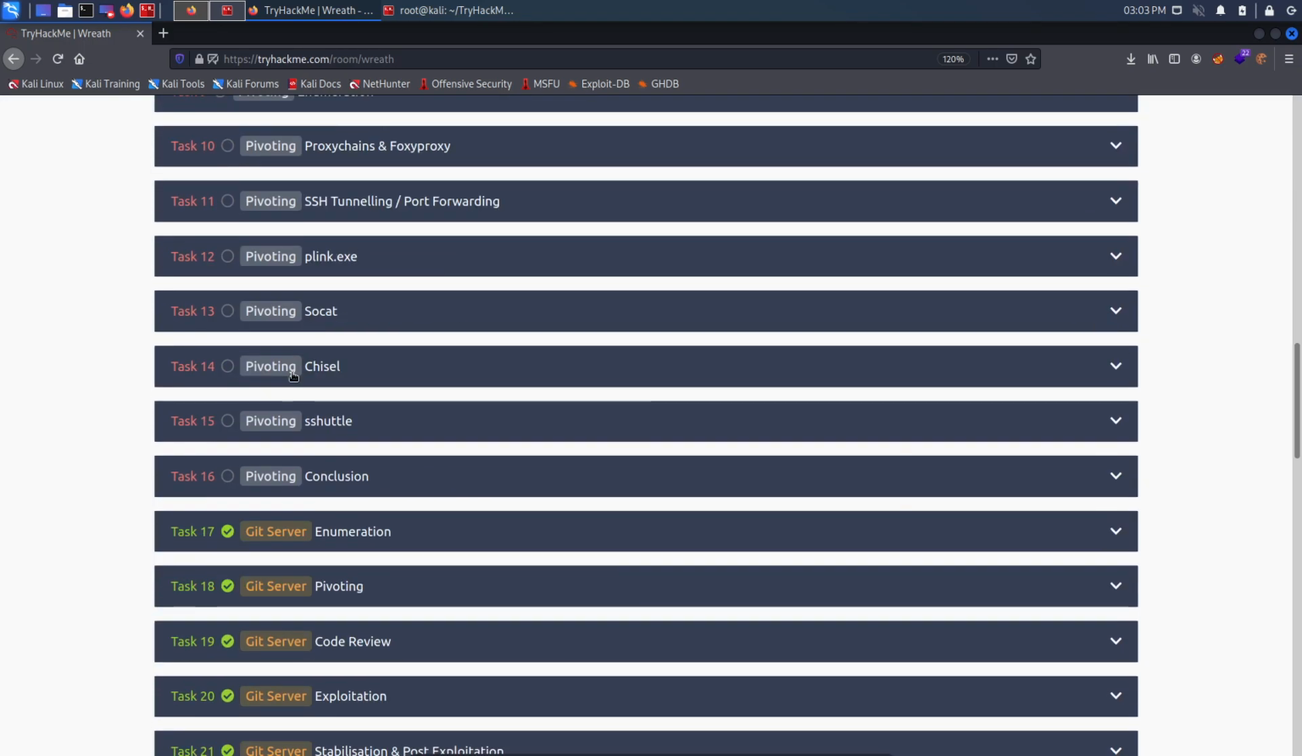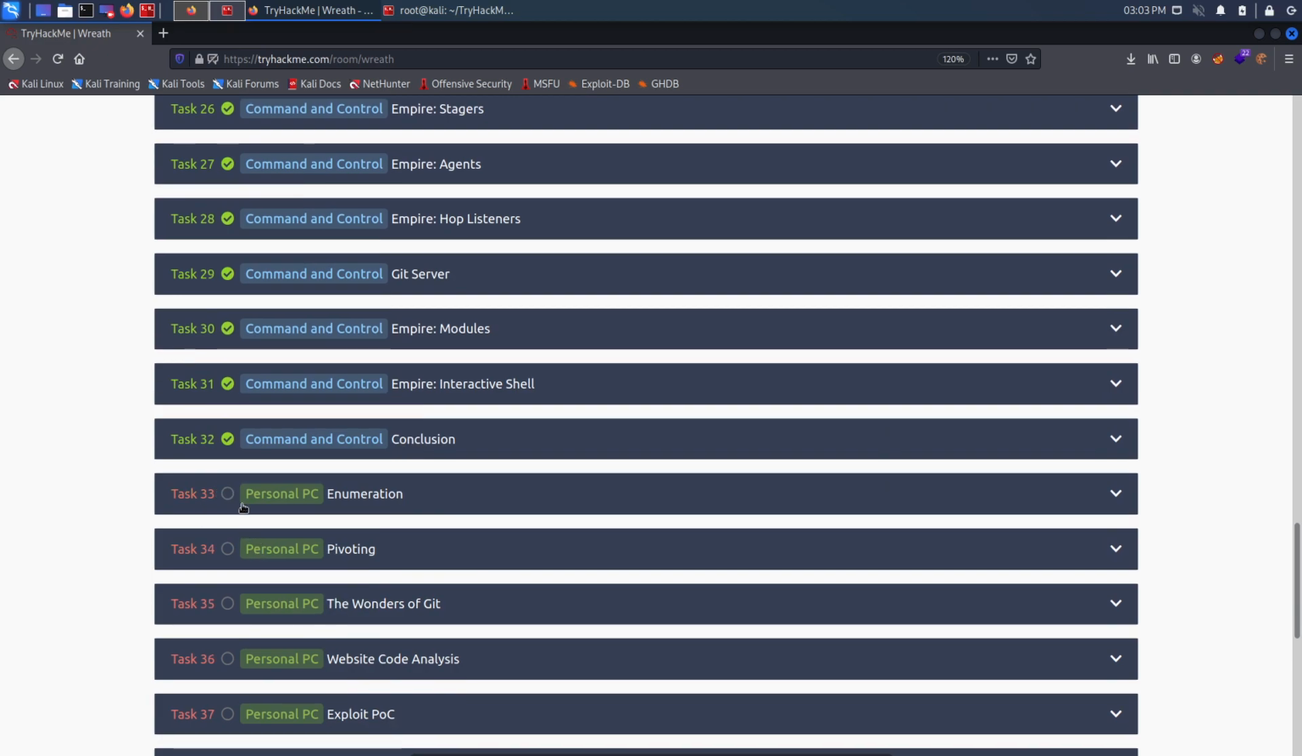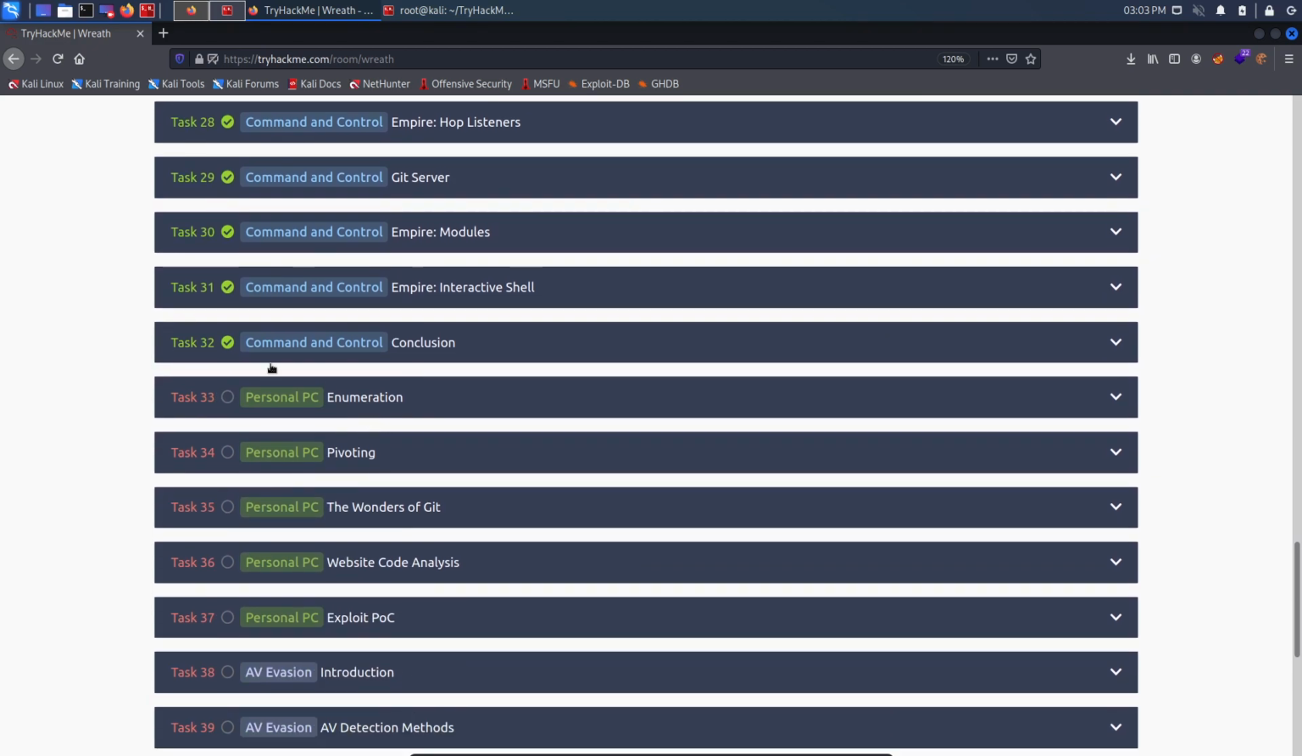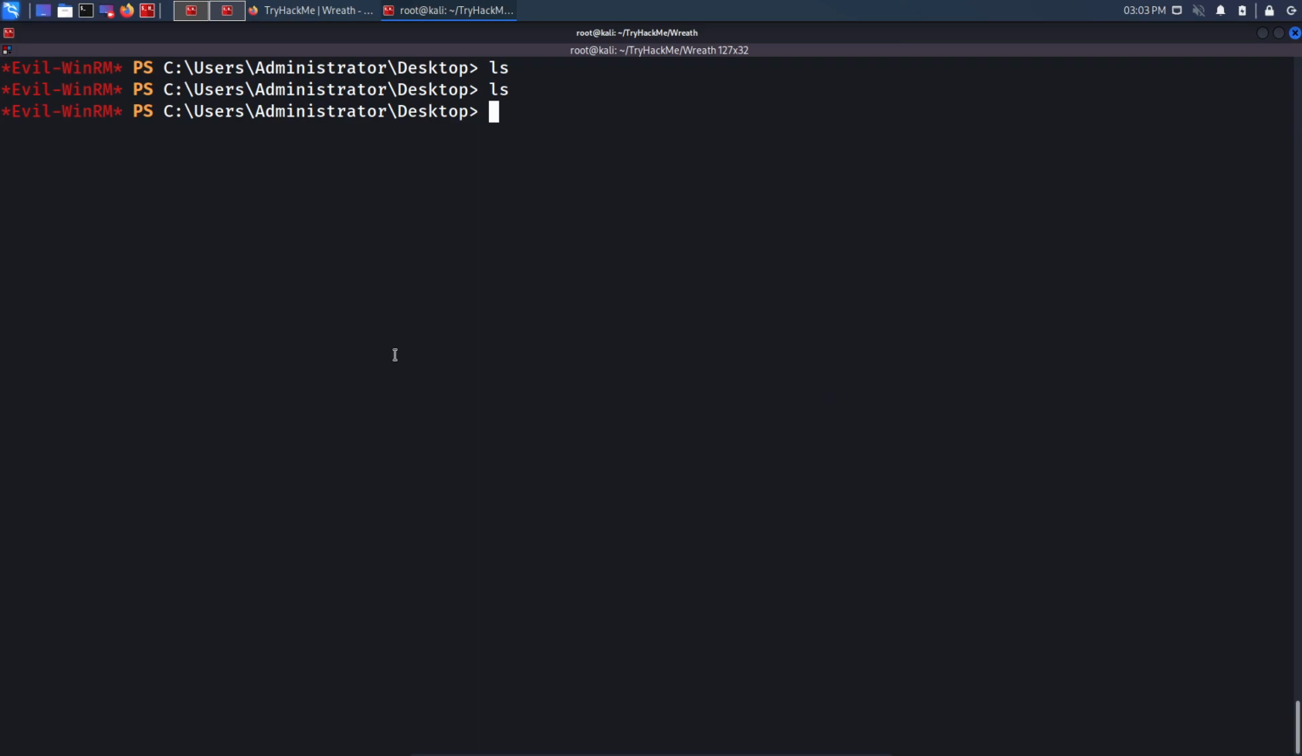So today, if I come right at the bottom right here on task number 33, we were having some enumeration and then pivoting and those sort of things. So today we will do task number 33 to task number 37. What I will do is come into my terminal, and right now I have access to the middle machine, which is the GitStack machine. I already have done pivoting from all of the previous videos,